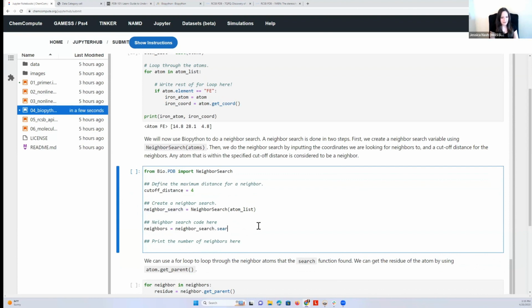And then we'll do dot search. And then I give it the coordinate. So I'll give it iron cord, the coordinate that I got up here. So I give it where I want to look, the coordinate of what I want to find the neighbors for. And then I give it the cutoff distance that I defined. So I said my cutoff distance was 4 angstroms. And then I'm going to print the number of neighbors here, and I'll use my formatted printing